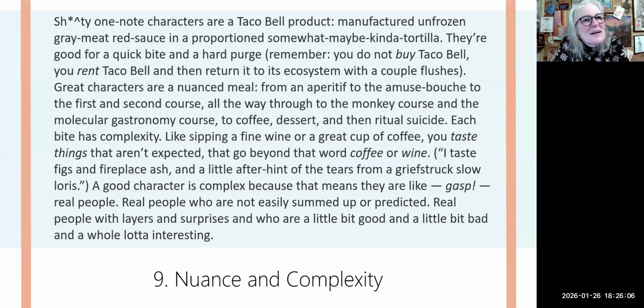Nuance and complexity. Your characters can't be flat. Your hero can't just be good all the time. There's got to be something going on inside of him that's not good. Pride, for instance. Have him struggle with that. Maybe every time he passes a mirror, he stops to check himself out, and people around him that know him well are like, oh, but the whole world loves the guy. But the people that know him best are like, dude, you don't even know. Like, no, right? You know people like that.